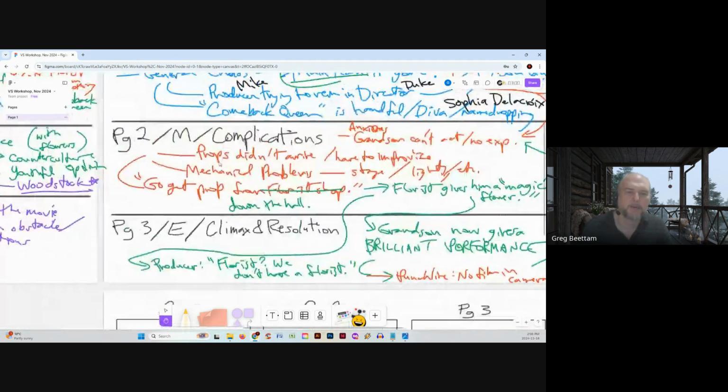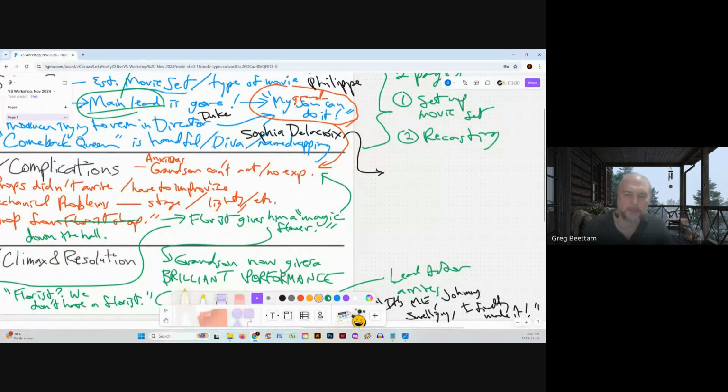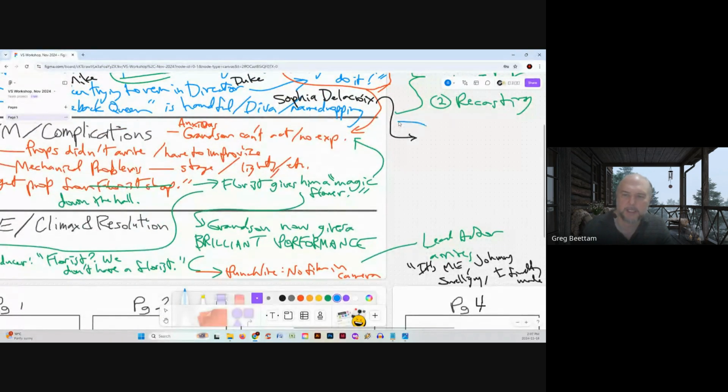So now we can kind of get into thinking about, okay, we actually have our page count here. So let's take another look at the page count of the rest of the dynamic here. So we have a couple of different things we need to see. And this is usually how I break down plot: I think about what are the major twists or turns to the plot. So obviously the first one would be